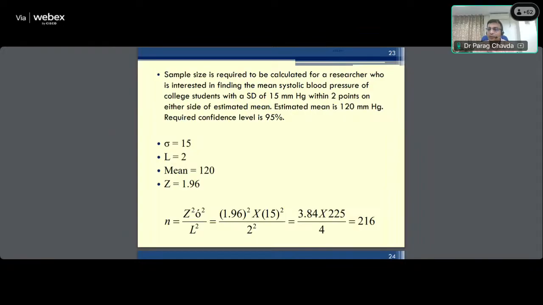The mean is 120. फाइन, ये फॉर्मूला में मीन कहीं पे नहीं है, वो आप ध्यान रखिएगा। जो फॉर्मूला में है वो स्टैंडर्ड डेविएशन है और आप कितना एरर रखना चाहते हो। तो आपका जो एरर है आप अलाउ कर रहे हो वो स्टैंडर्ड डेविएशन के रिलेशन में कितना बड़ा है वो देखा जाता है। फाइन, सो यहाँ स्टैंडर्ड डेविएशन इज 15 मिलीमीटर्स ऑफ मर्क्यूरी एंड उन्होंने बोला है कि हम 2 पॉइंट्स ही रखना चाहते हैं विच इज वेरी स्ट्रिंजेंट। तो सैंपल साइज 216 आ रहा है।